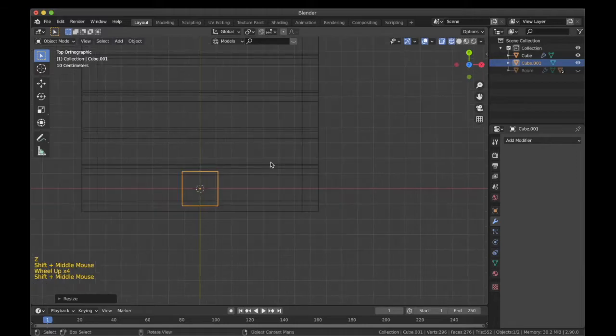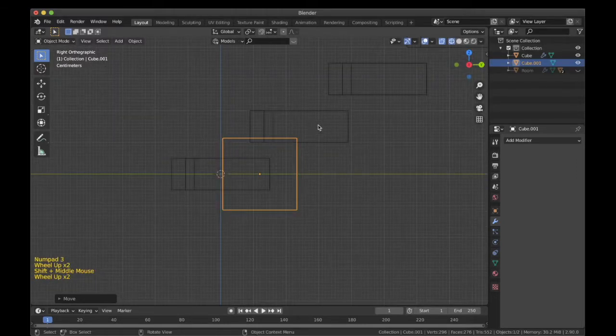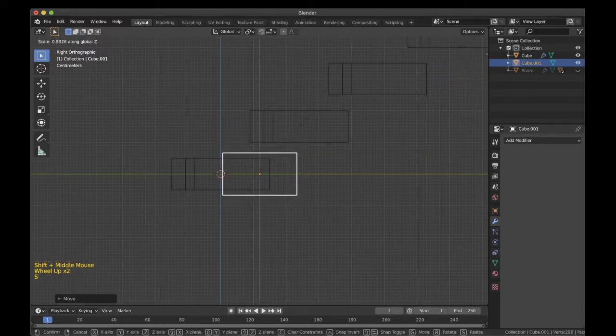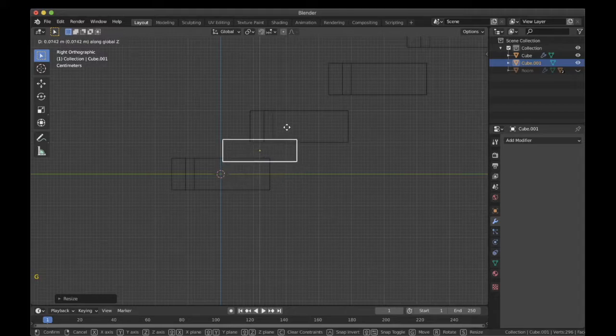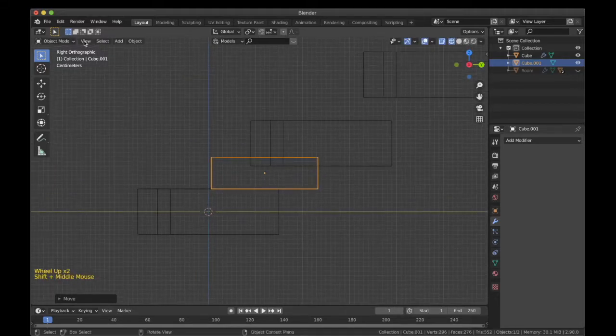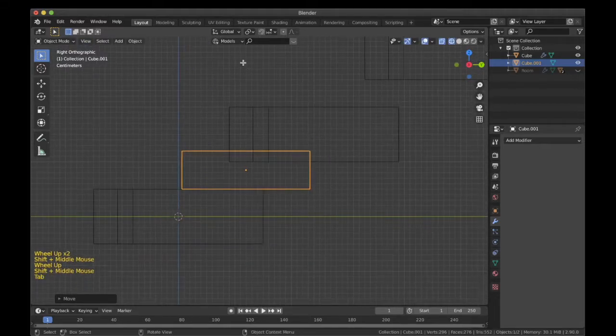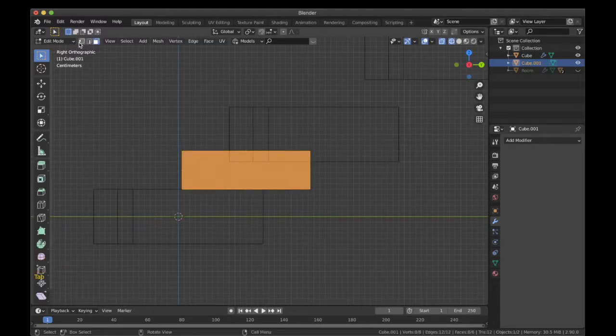I'll go into the wireframe mode. I'll place them over here. Let me go to the side view for a better understanding of it. I will scale it along Z axis to reduce the height. Let me move it along the Z axis to see whatever fits over here. Then I'll go into the edit mode using the tab option, and then I'll select the